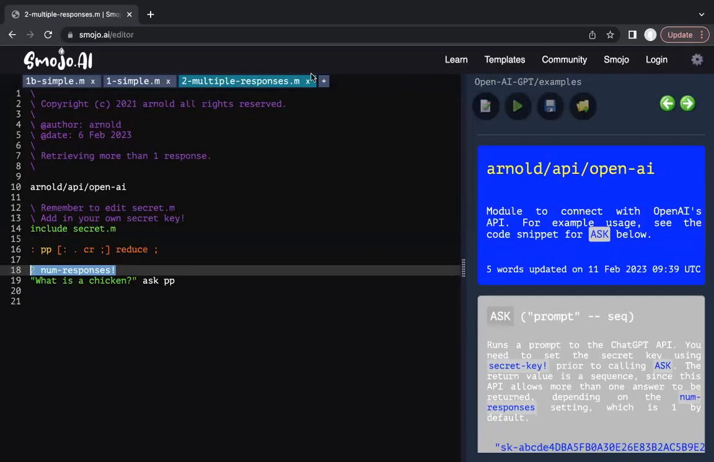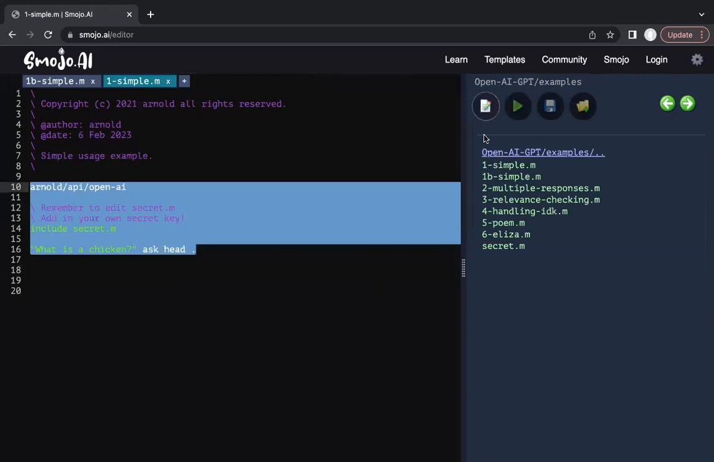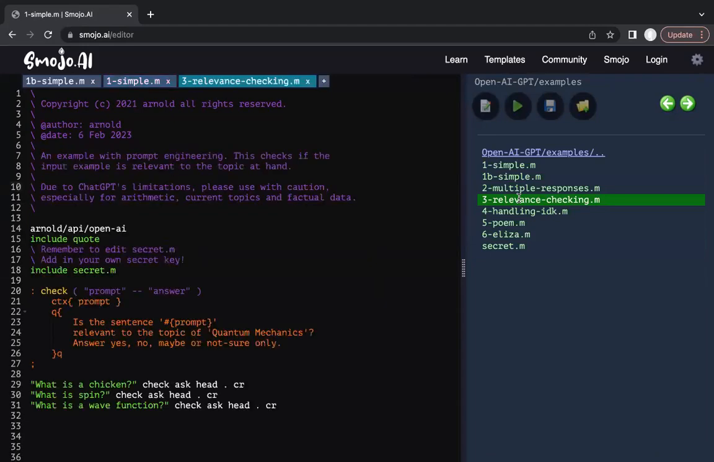So I won't run this example because it's too simple. Let me try something that's more interesting, where we can move to something called prompt engineering. So instead of just asking the question as it is, you can also get GPT to do some checking for you, for example. All right. So in this case here, what I've done,